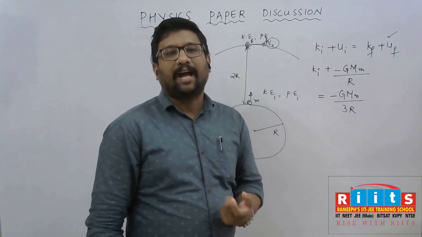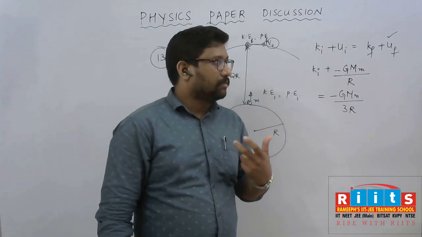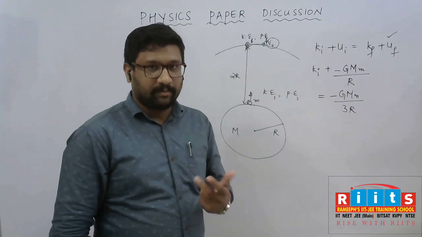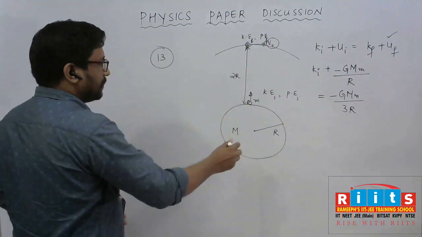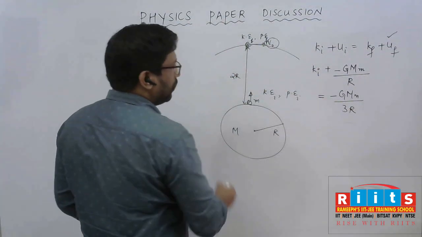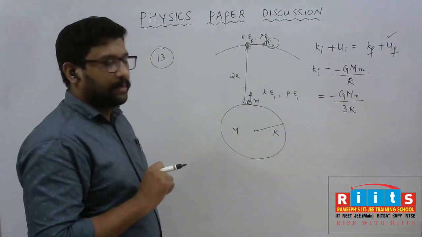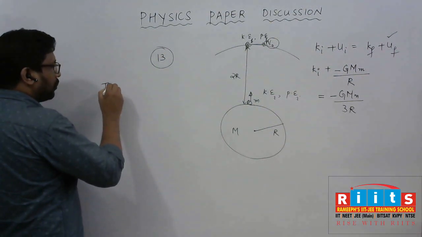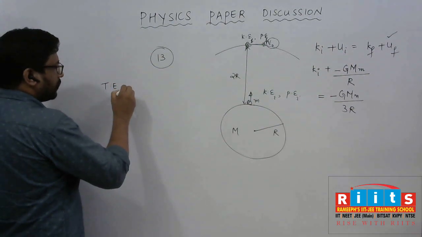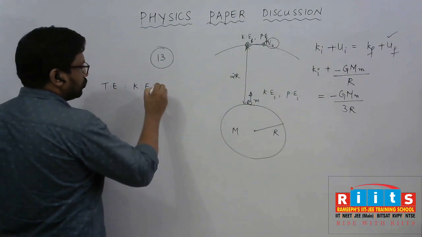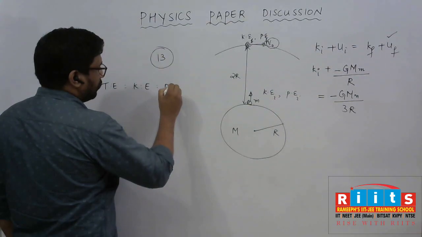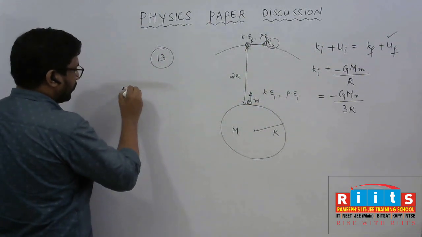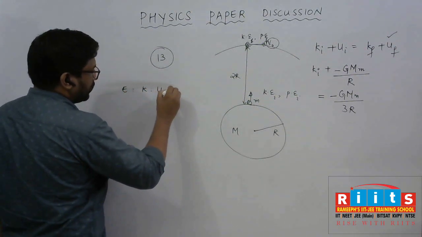The same thing you have already dealt with in which chapter? The chapter called atoms. There also the same kind of thing. When an electron is revolving around the nucleus, you can see the same kind of thing. So the idea is you can write the ratio of total energy to kinetic energy to potential energy.